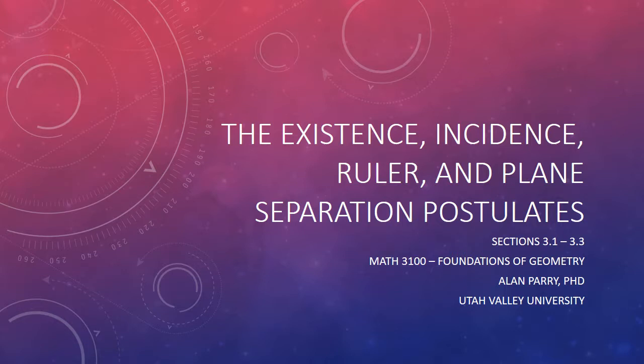Today's lesson is about the existence, incidence, ruler, and plane separation postulates, and we'll cover sections 3.1 through 3.3 in our book. In this, we're going to go through a little bit of what we missed in section 2.5 and 2.6 in talking about what makes a proof and how to write one, as well as going through some of the basic ideas from the existence and incidence and all these other postulates, and then doing an example of a